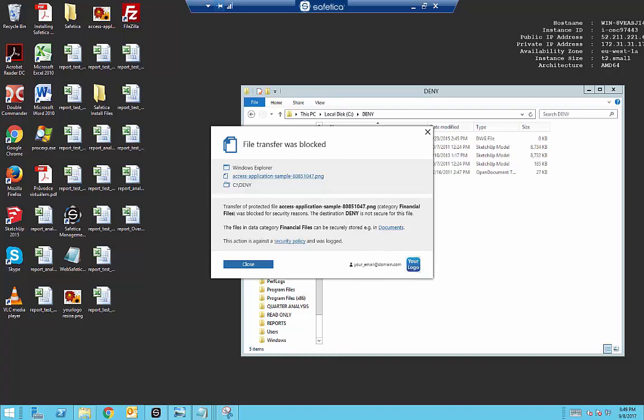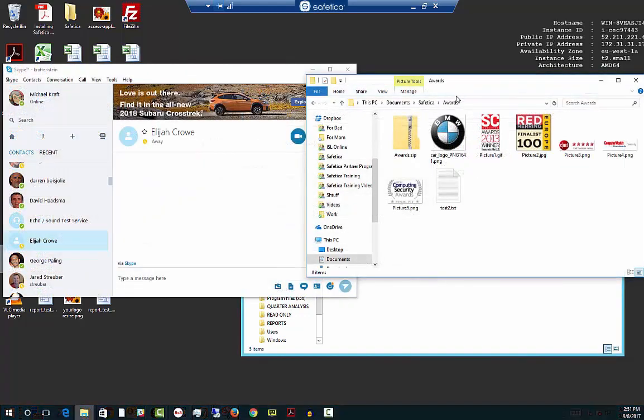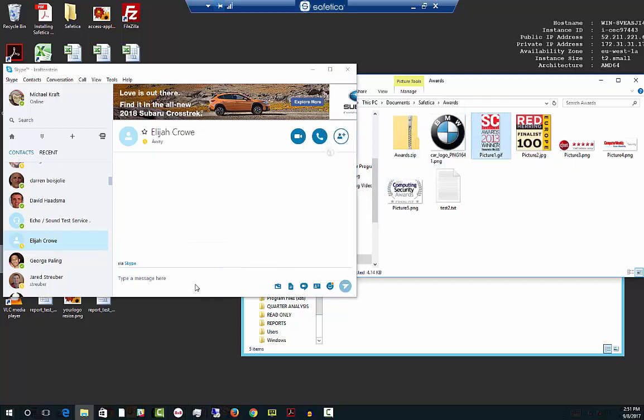Now I mentioned earlier how we also have the notification feature, which just warns the user when they do something they shouldn't be doing. So let's take a look at what that looks like. So I have a folder here with documents that I've tagged by Safetica. And I'm going to try to upload them to Skype. So as soon as I try to insert the image into my Skype,